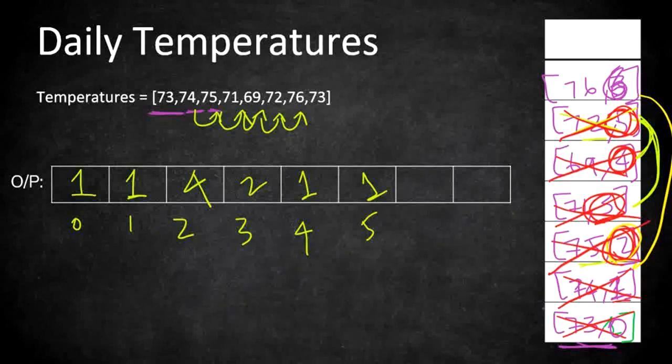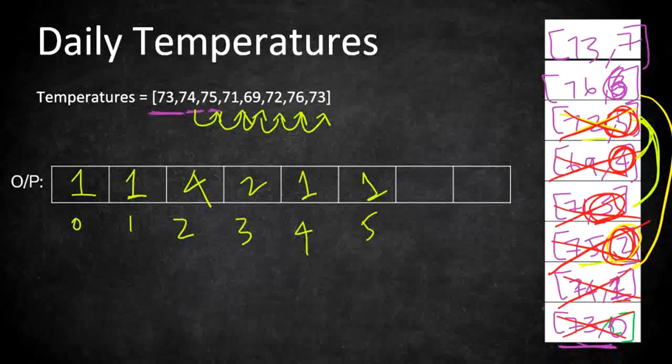So then we are going to iterate and check what is the next value, which is 73. So 73 is not greater than 76. So we did not find a warmer value than 76. So we are not going to pop that from our stack. So 73,7 enters our stack. So we don't have any other values left, and we did iterate everything, and our stack